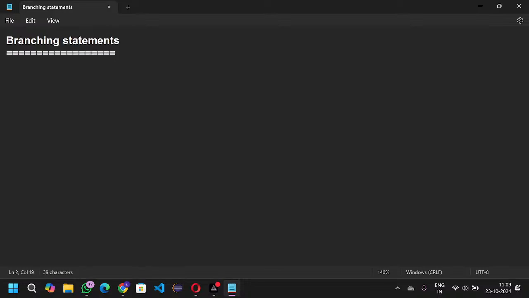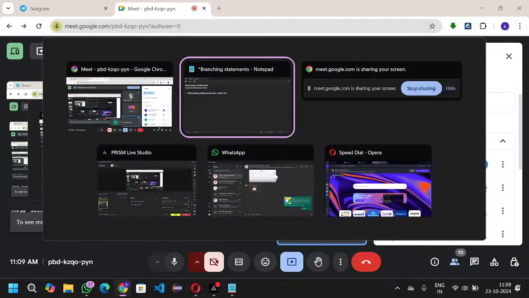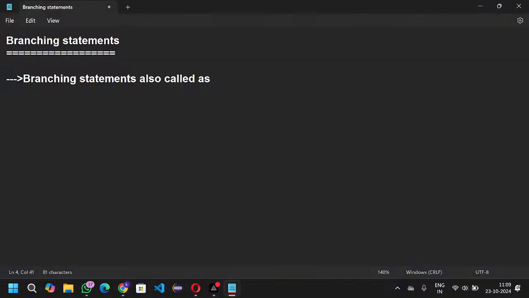Okay, so branching statements are also called transfer statements, and jumping statements, also called jump statements. Okay, so